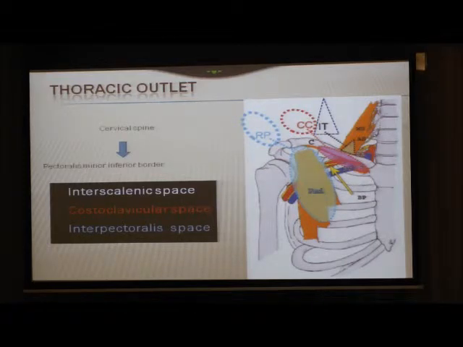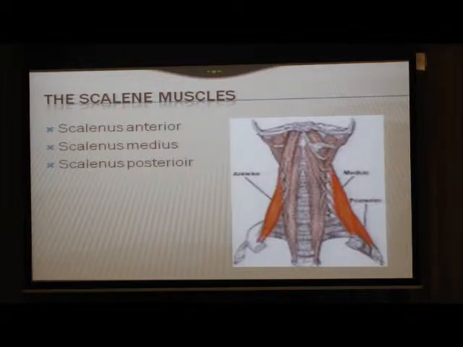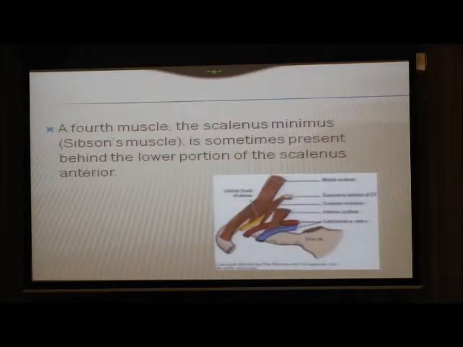So before we start to talk about the clinical presentations of these syndromes, I think we better review a little bit the anatomical borders. So, the scalene muscles are basically a group of three muscles: anterior, medius, and posterior. Sometimes there might be a fourth muscle called Simpson muscle, which is present behind the lower portion of the scalenus